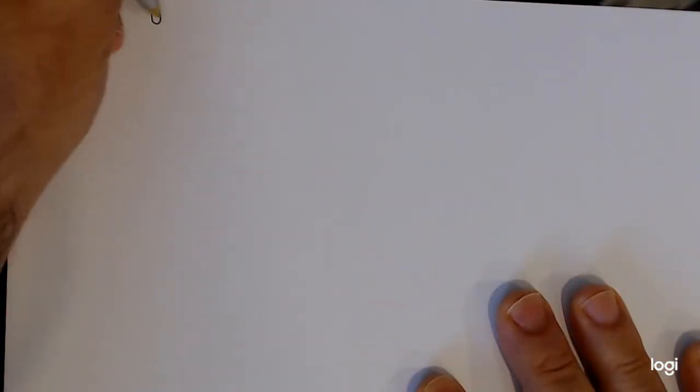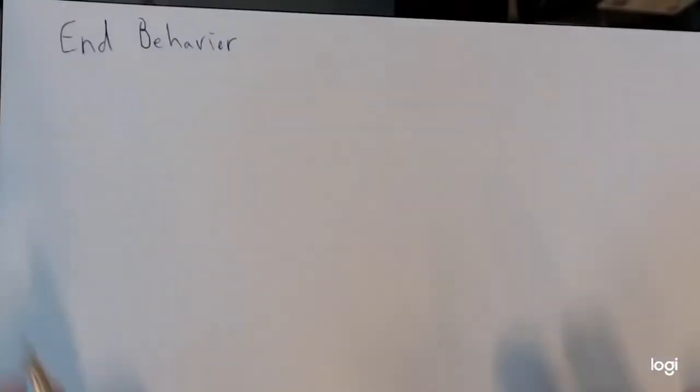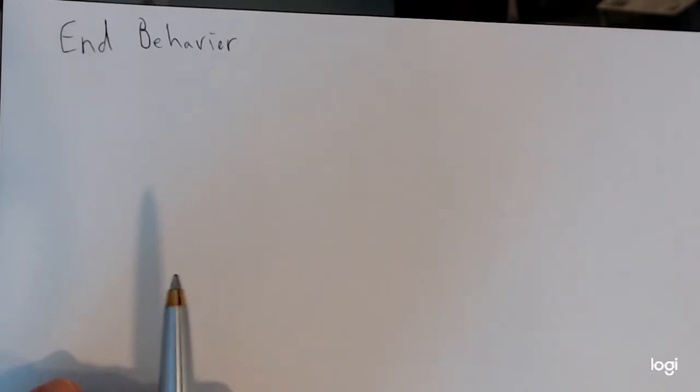So now the next thing we want to talk about is the end behavior. So what is the end behavior? It's literally what we care about as far as at the ends. What does the graph do when we go towards infinity and negative infinity? That's what the end behavior is. So let's describe that here. So the end behavior